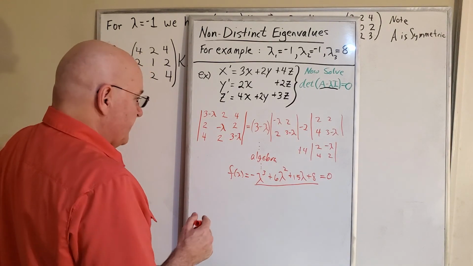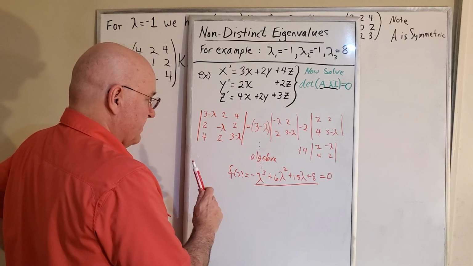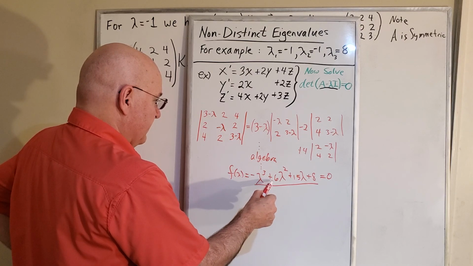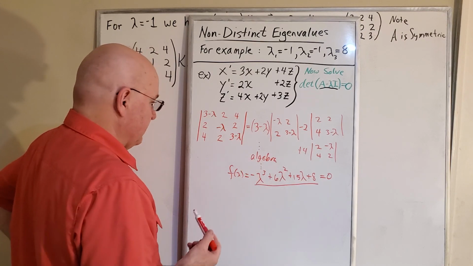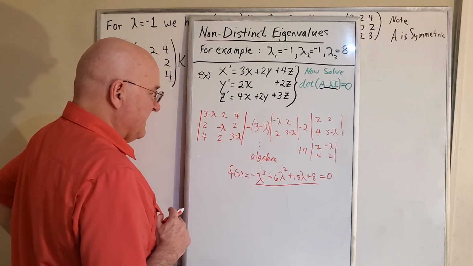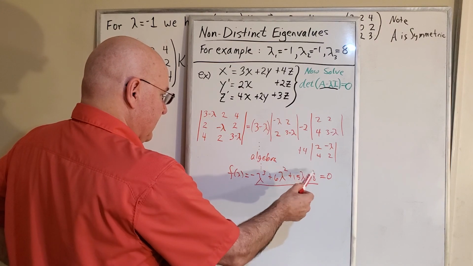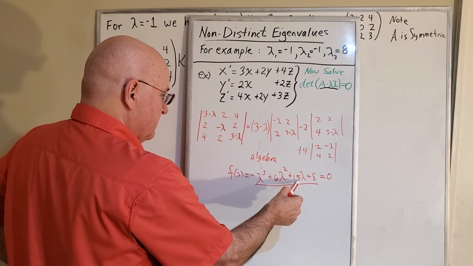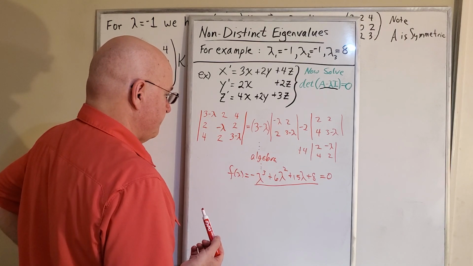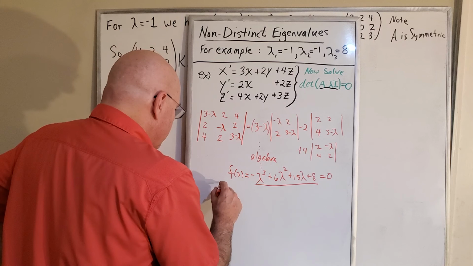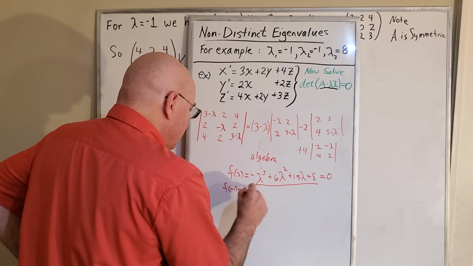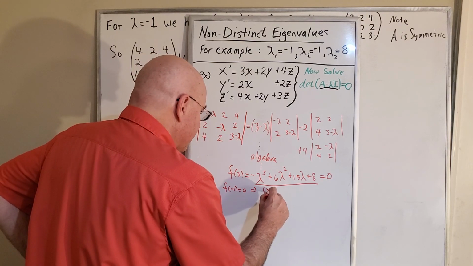And if I plug in a 1, would it give me a 0? I would have a -1 plus 6 plus 15 plus 8, no. But if I plug in a -1, it's going to work. A -1 is going to give me an 8, a -15, a positive 6, and a positive 1. That's 0. So f of -1 equals 0, which implies, I'm going to go ahead and write this down, x